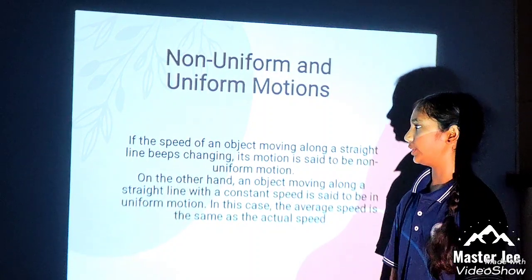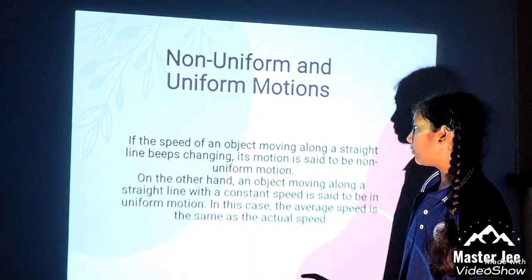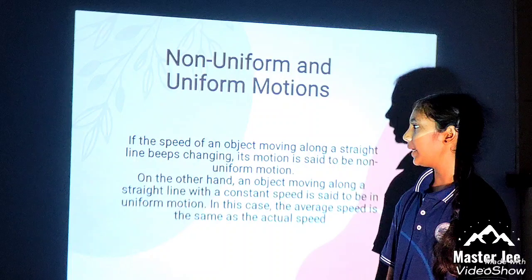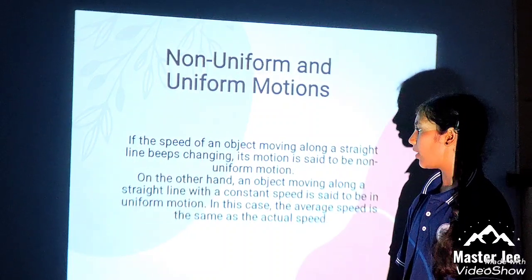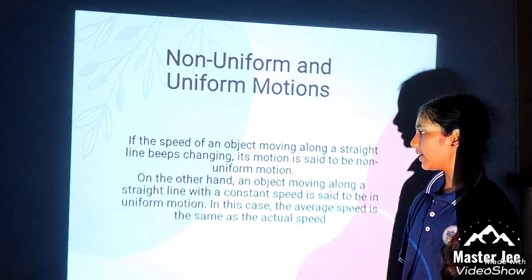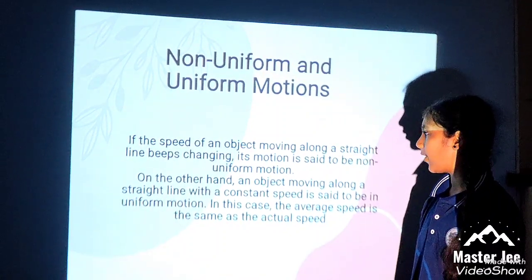Non-uniform and uniform motion. If the speed of an object moving along a straight line keeps changing, its motion is said to be non-uniform motion. On the other hand, an object moving along a straight line